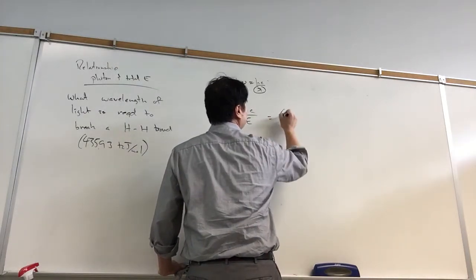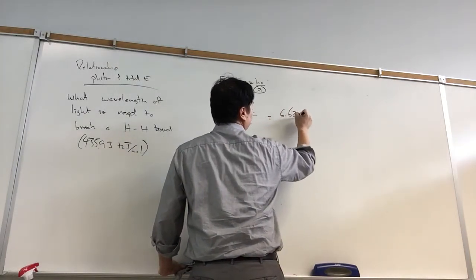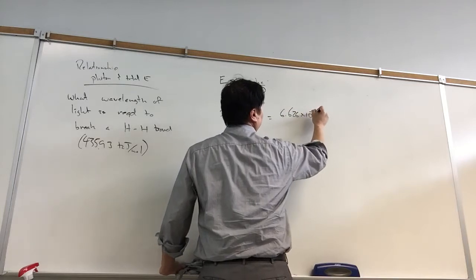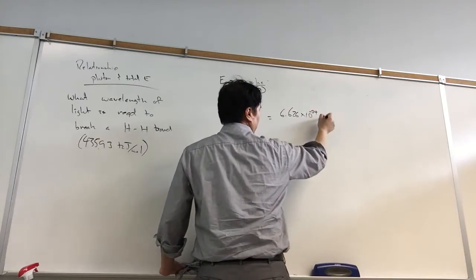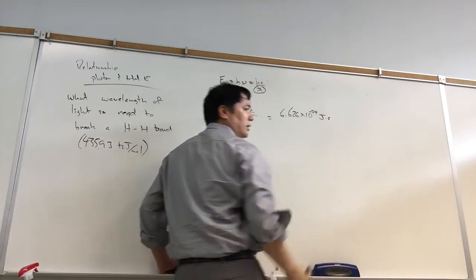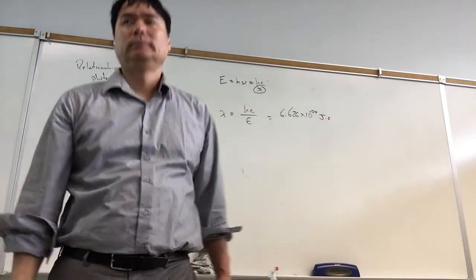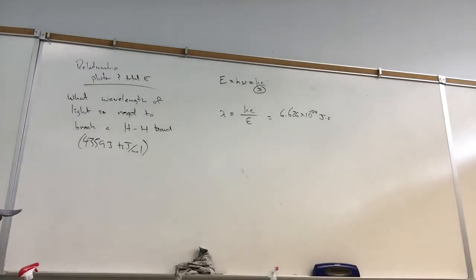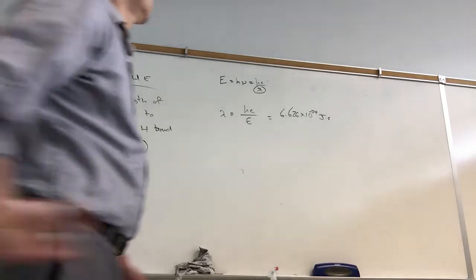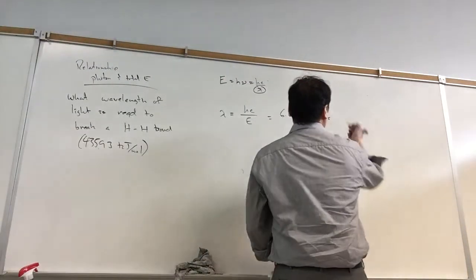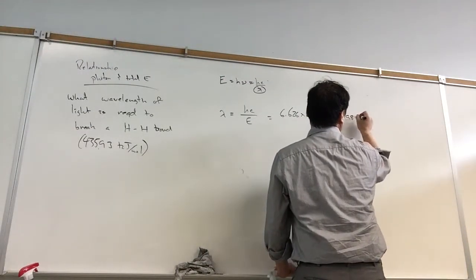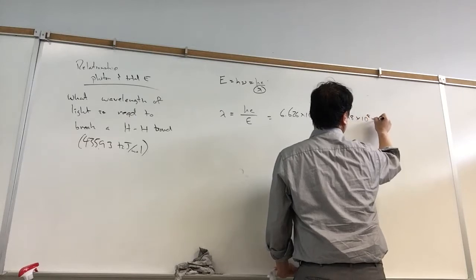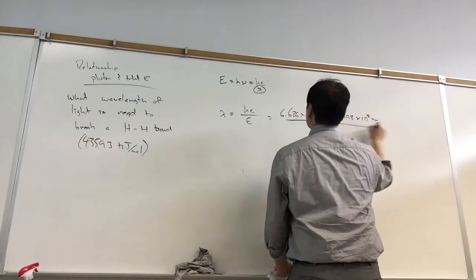h is Planck's constant, 6.626 times 10 to the minus 34. The units on h are very interesting. It's joules times seconds, not joules per second. A joule per second would be a watt, but a joule times a second is called a unit of action. Joules times seconds, times 2.998 times 10 to the 8 meters per second, divided by the energy,